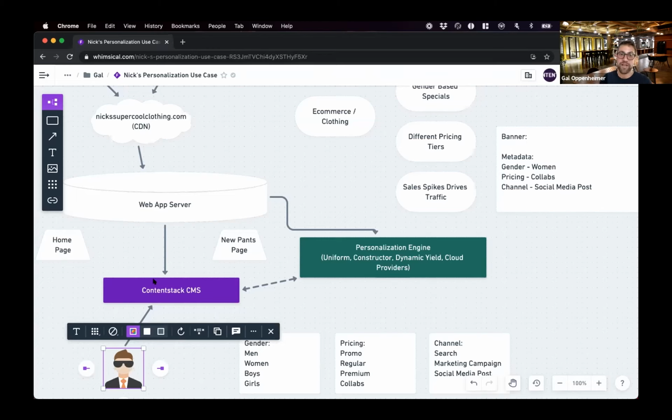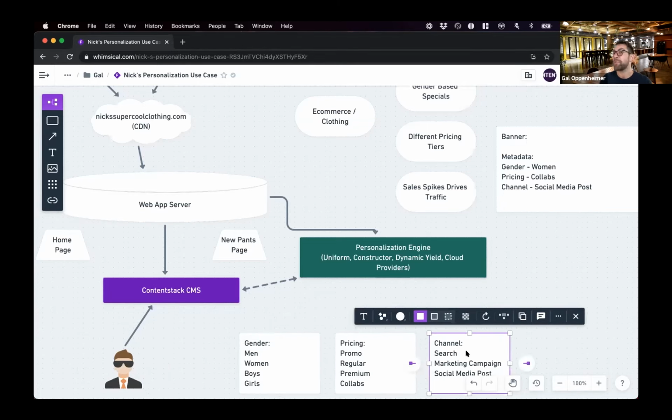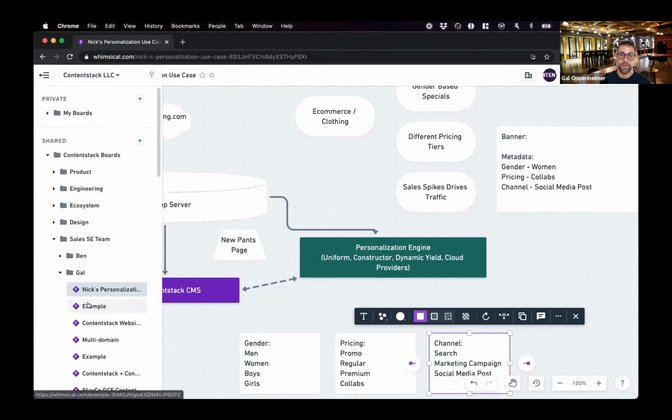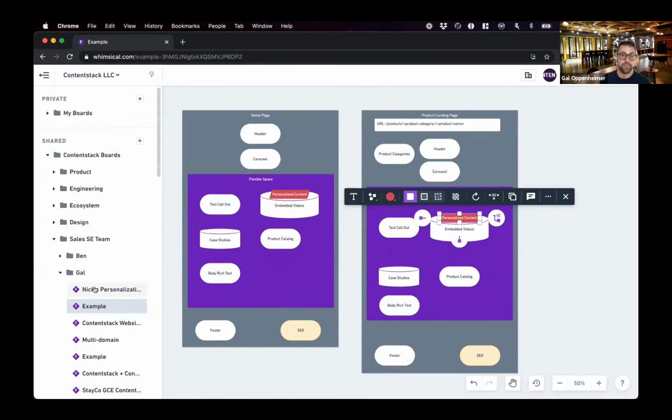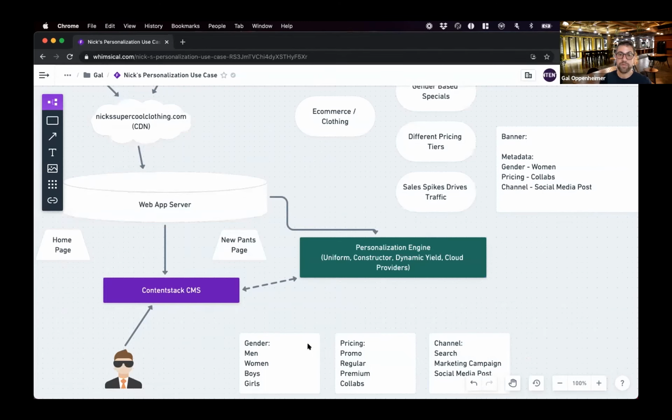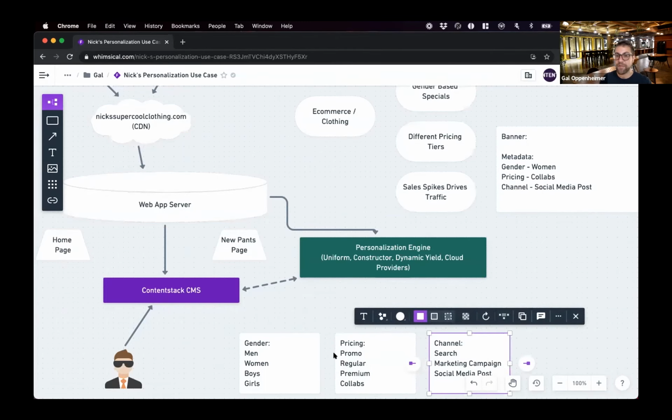But Nick, when he's coming in to update his website, will basically be picking from these different options, almost as drop downs, as he's creating content. And so it's similar to the use case we saw earlier when we talked about the personalized content tags. That's exactly what we're talking about right now. And so these would be the different tags and options you have, and this can keep growing.